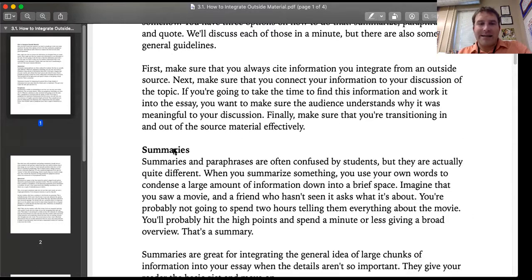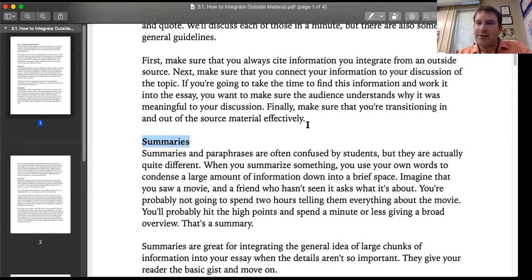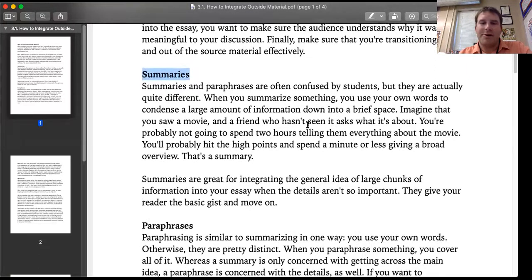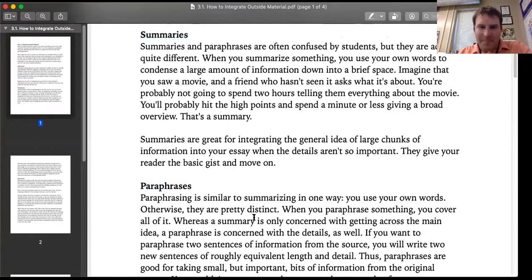One of the best pieces of advice I have ever received for teaching students how to do summaries is these three things. You need to make sure that you tell what's important, tell it in a way that makes sense, but don't tell too much. That is the key at the very end. Don't tell too much. Tell what's important, tell it in a way that makes sense, but don't tell too much. Let's talk about paraphrases now.